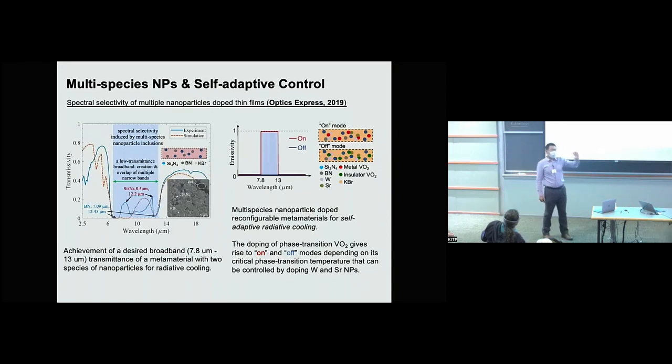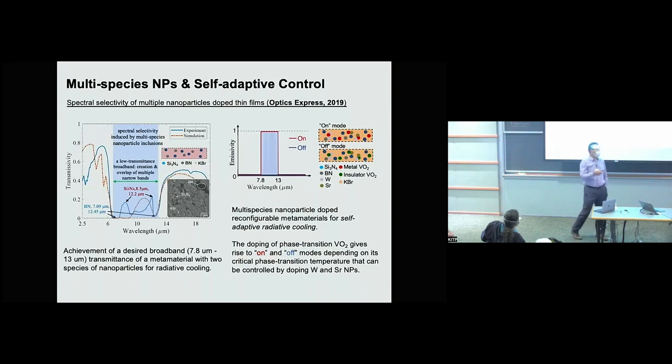So if I have a thin film material, by inserting or doping specific species of nanoparticles, you might be able to observe narrowband peaks, or multiple narrowband peaks. But our goal is to create a broadband peak. How are we going to do that? If we want to create a broadband window between 8 and 13 microns, for example, we just screen the different nanoparticles, different materials, and we just find,